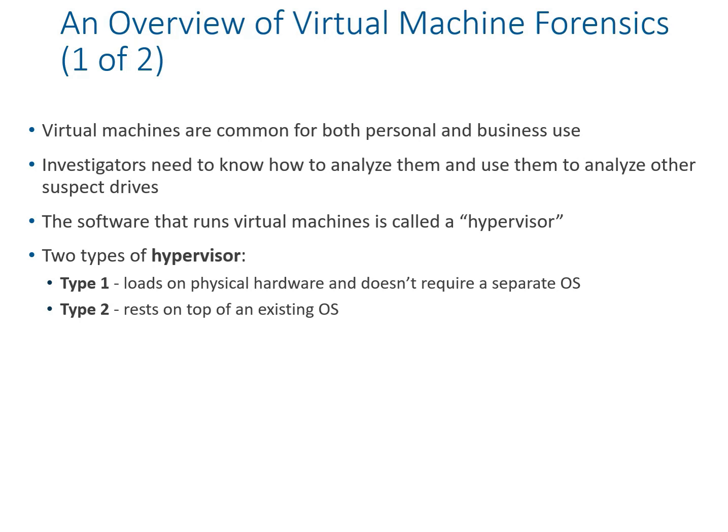Now let's try to understand what a type 1 hypervisor is. Type 1 hypervisor runs on bare metal, which means that it is a hardware-backed hypervisor which is running virtual machines. Bare metal means it loads on physical hardware and doesn't require a separate operating system. Although many type 1 hypervisors are incorporated by Linux-based operating systems, we'll be discussing it later. Thousands of machines can work on a type 1 hypervisor, provided that you have the infrastructure for that, like ESXi and others from VMware, with the help of which you can run lots of virtual machines together.